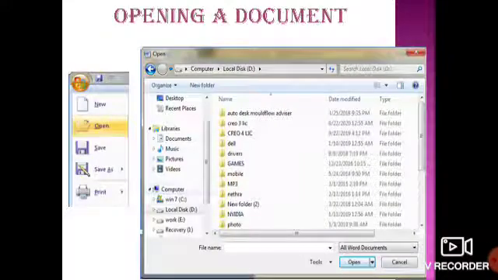Next we have how to open an existing document. For that, first you have to click on File. So children, when you click on this, a dialog box or a list of options appears. In that you have to click on Open. When you click on this, again a dialog box appears. In this, what you have to do, you have to